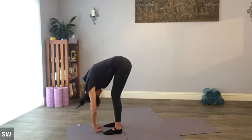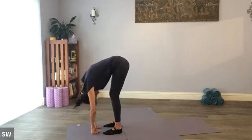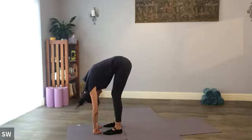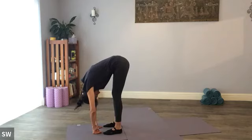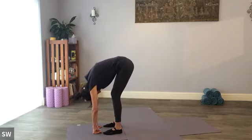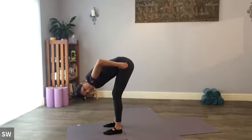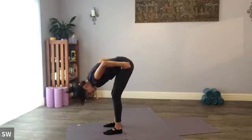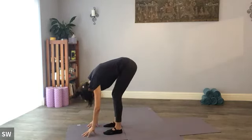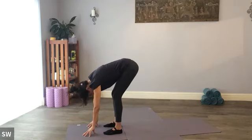So taking a nice easy start to the session so we can feel what the body's feeling, checking in with the back of the body, so the backs of the legs here. We can soften the knees and take a mini cat-cow. There's very little movement in the pelvis, but if you think about that tilt forwards and backwards in the pelvis, we get a real sense of how that impacts the stretch in the back of the legs and how that